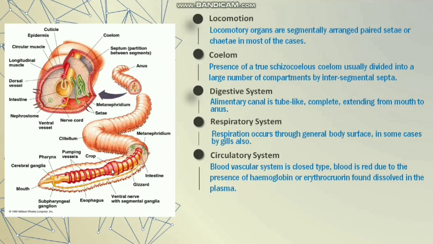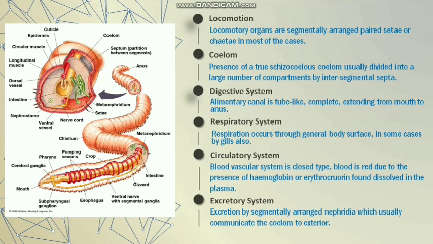Okay, so a prominent circulatory system is present in the Annelida, and you can see red colored blood. The red color of the blood is due to the presence of hemoglobin or erythrocruorin. Okay, the body fluid pigments, hemoglobin or erythrocruorin, are dissolved in the blood, and it is because of these particular pigments that the blood is red in color.